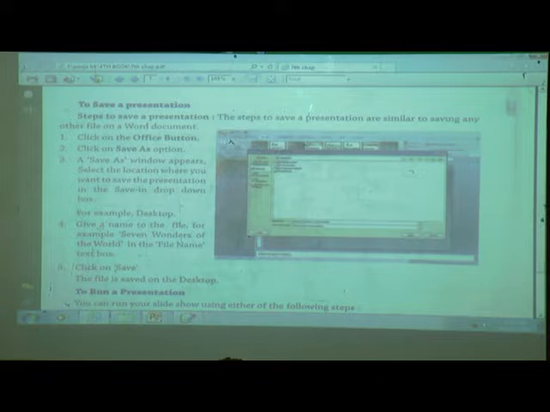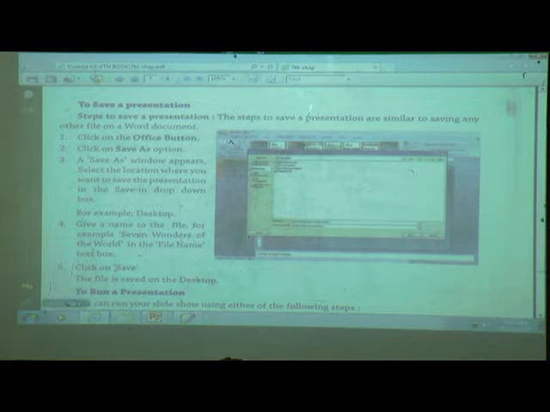Then give the name to the file. For example, 7 Wonders. In last period, 7 Wonders we done the file, right? And now which file we done here? Yes, myself. Then we can give any name to the file. We can give our roll number to the file, or we can give name also.